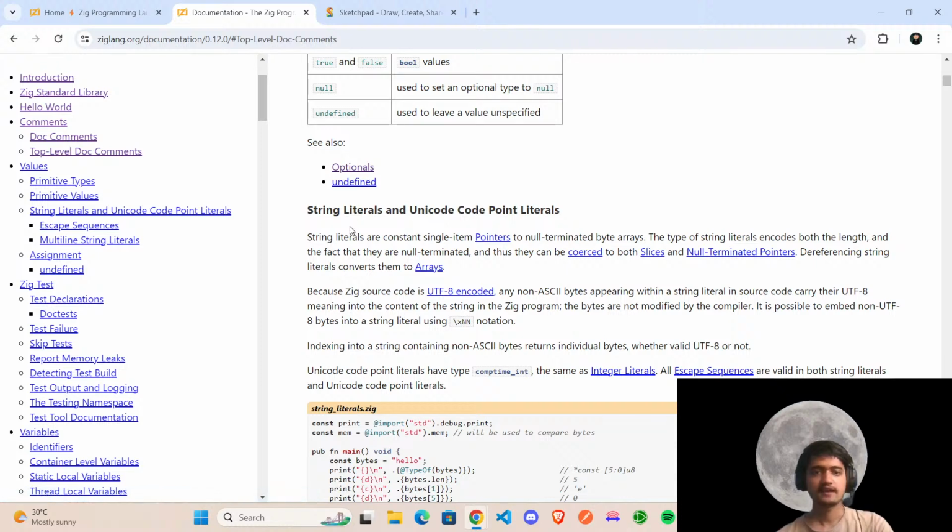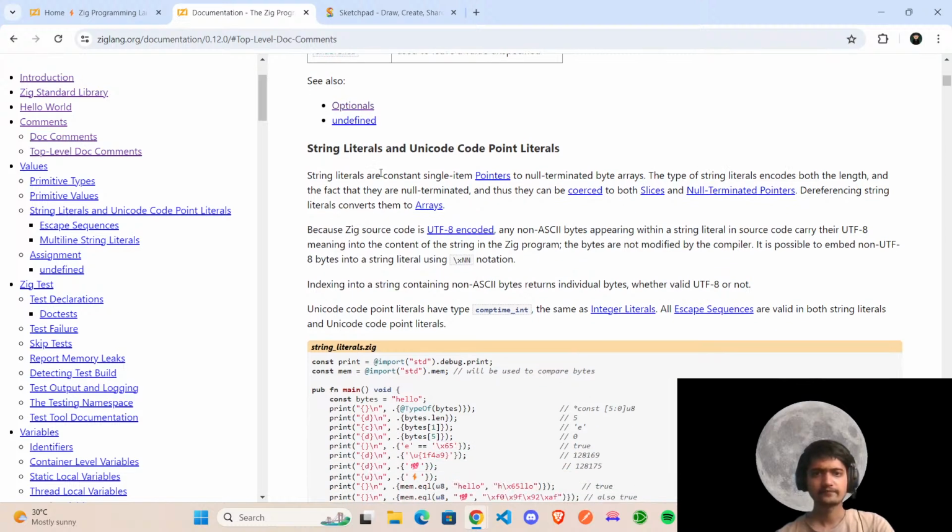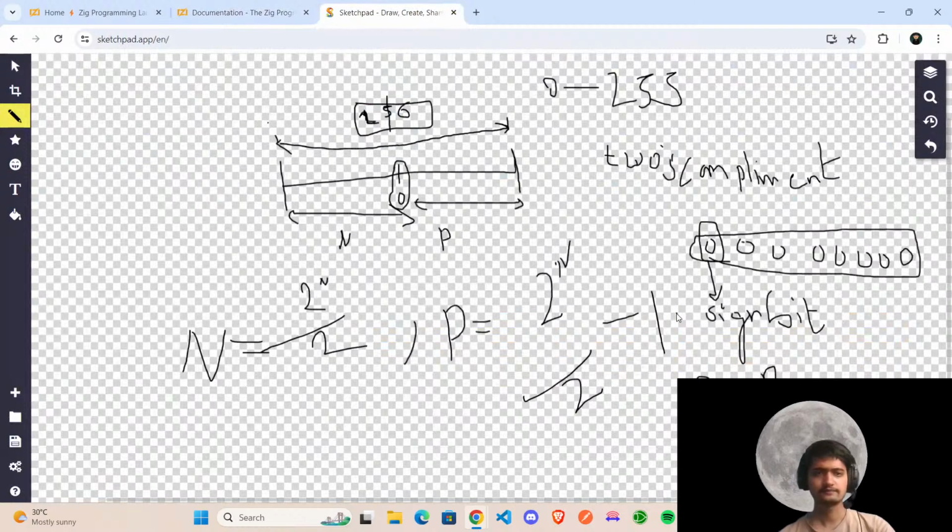So what do we have here? So we have string literals and Unicode code point literals. String literals are constant single item pointers to null terminated byte arrays. I hope you guys know what pointers mean, but if you don't know,